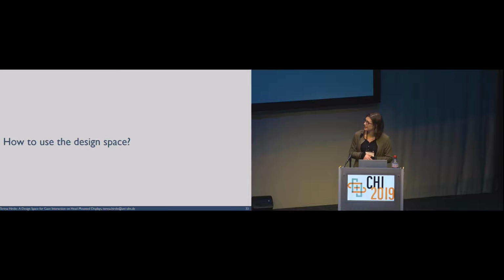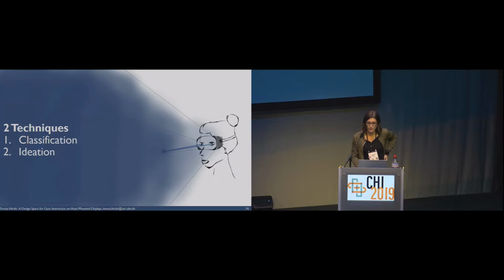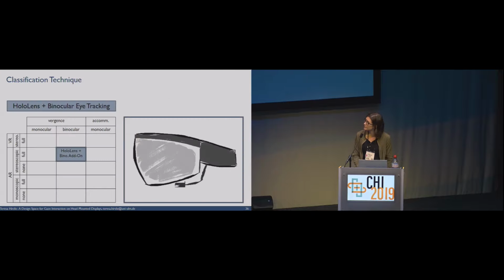And now to the more practical part. So how do we actually use this design space? What can we do with it? We propose 2 usage techniques, where the first one, the classification technique, is a top-down approach, and the second one, the ideation tool, is a bottom-up approach. The first one focuses on the content that can be put into the space, or that can be classified into the space. And in the following, I'm going to show some examples, starting with the HoloLens with an additional binocular